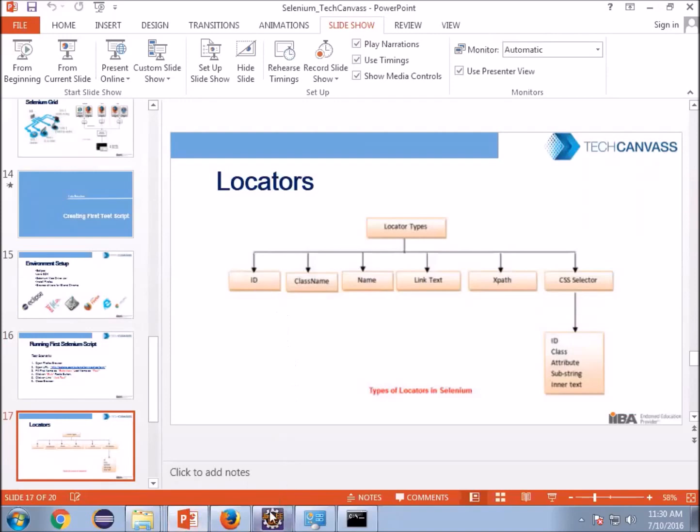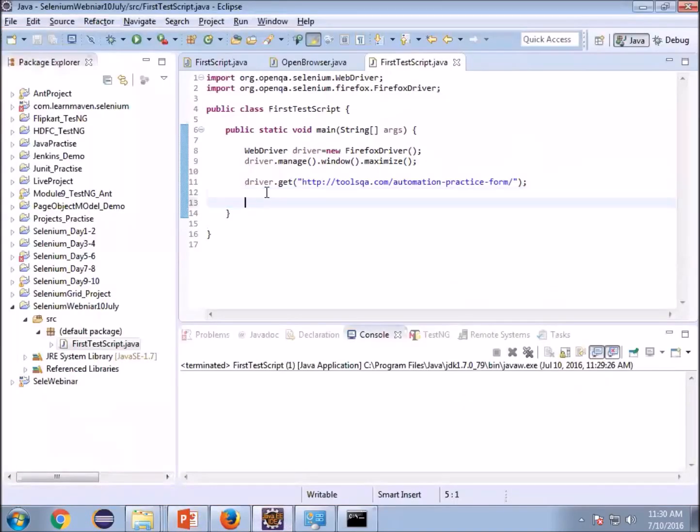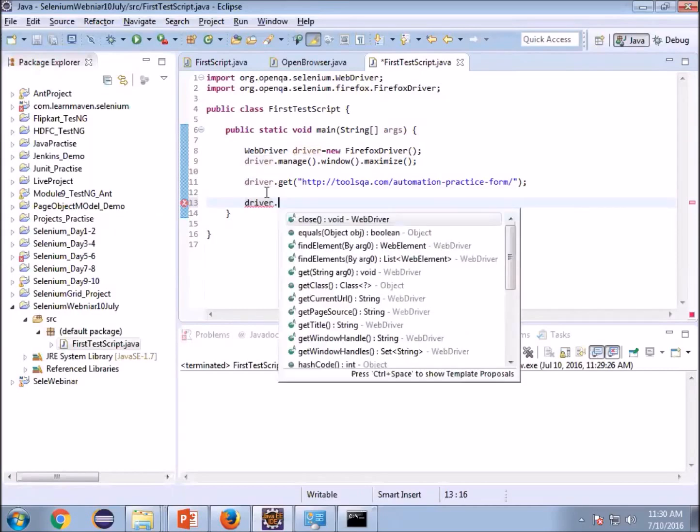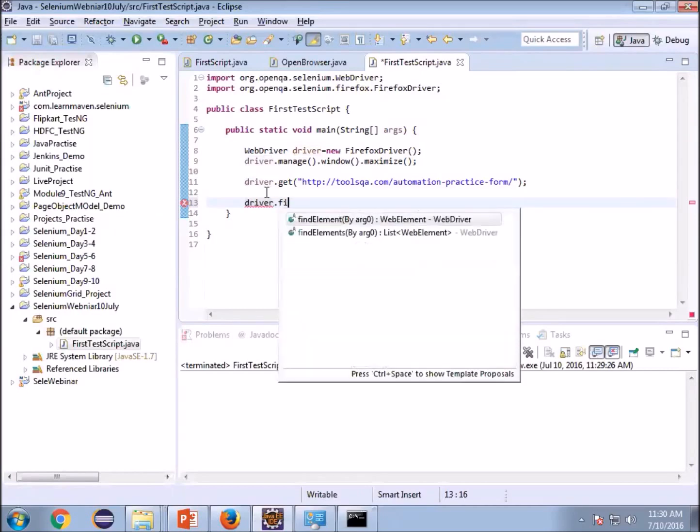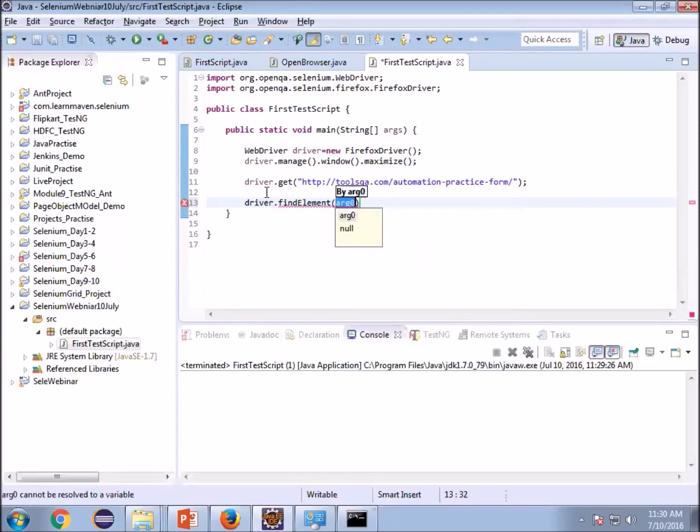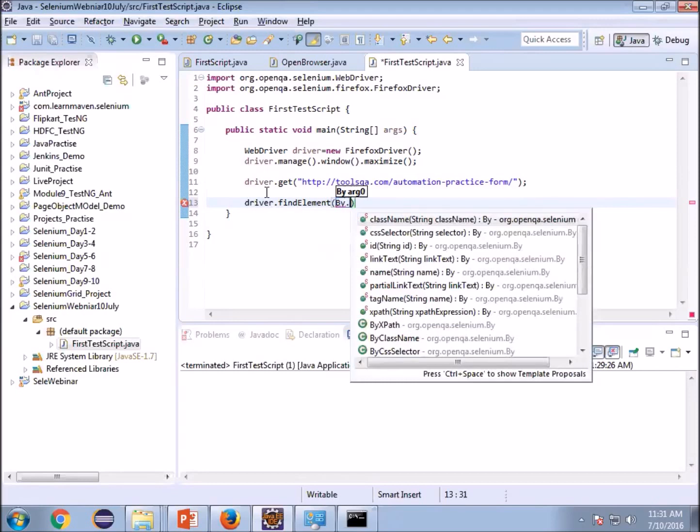And how to use these locators? You have to use driver dot, and there is one method, findElement. This method is used for locating the element, and you have to write By, and specify here by which locator you want to identify.